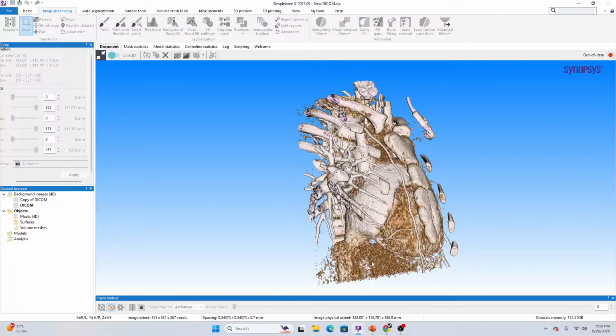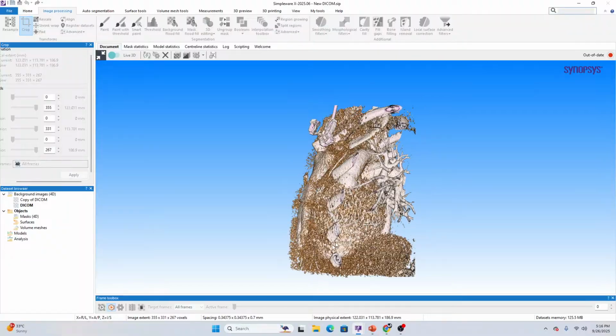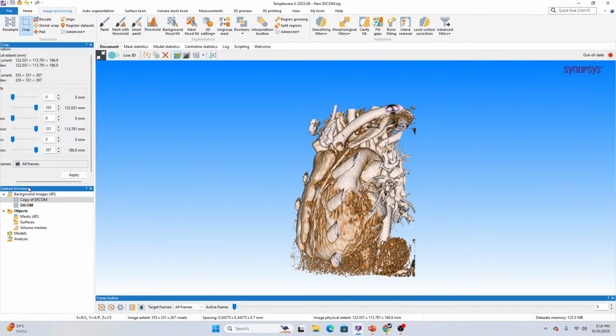Since we had applied the recursive Gaussian earlier, we can see the noise is still present in the other data set, because currently the data set being visualized is this one. So what I'll do is